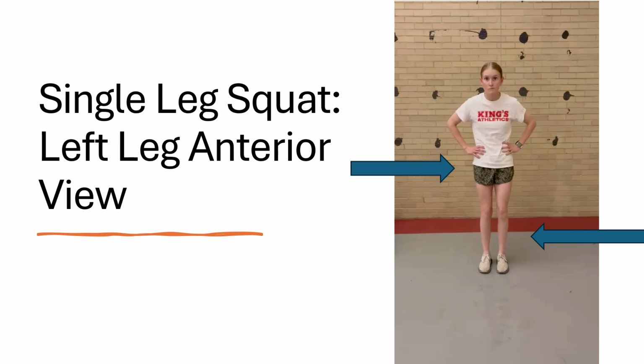The next test we have is a single leg squat, and we're starting with the left leg from the anterior view. So if we look here, we're going to see immediately that on the leg my client is squatting on, her left leg, her knee valgus immediately compensates due to the tightness in her glute med and tensor fasciae lata, and she also drops her shoulders and tries to shift her weight in her upper body to get out of the hole. So if we play this video,